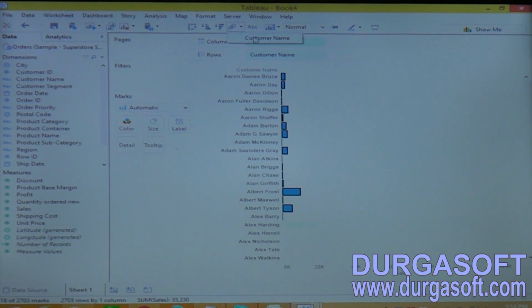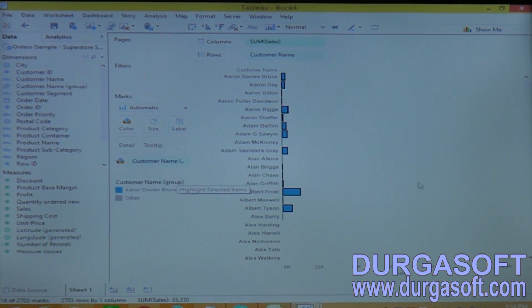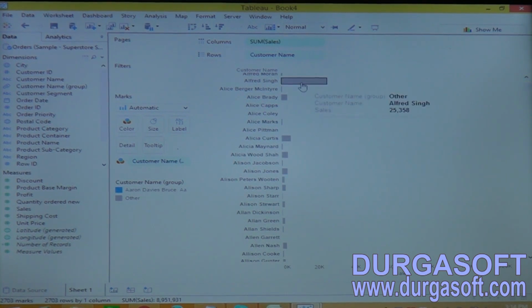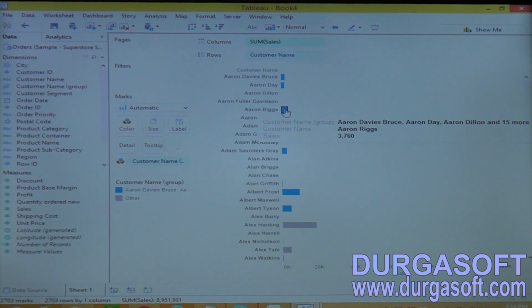Now when I click on the group, it is displaying the customer name. Whatever dimension members are created as a group are displayed in different colors. It is showing in gray color and in blue color. So why is it differentiating that?